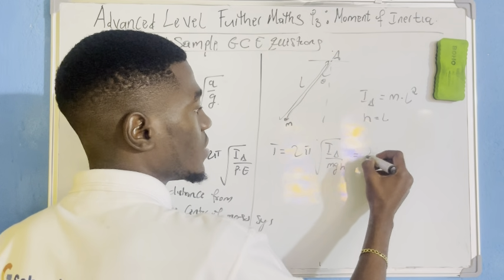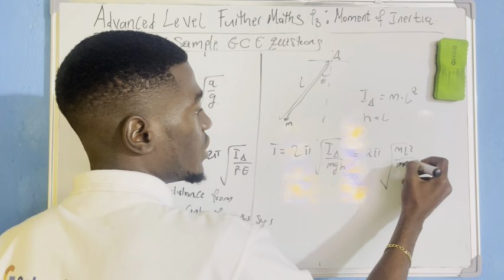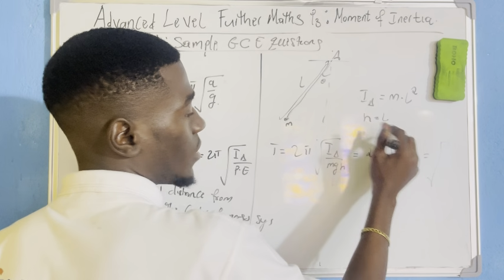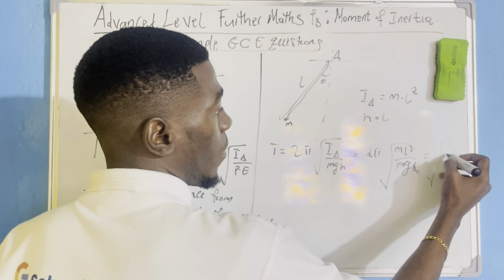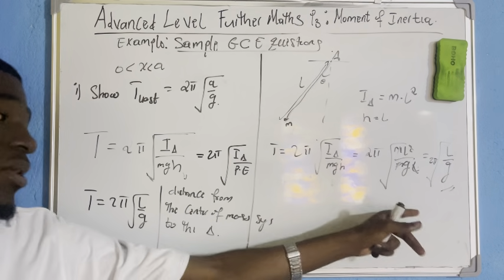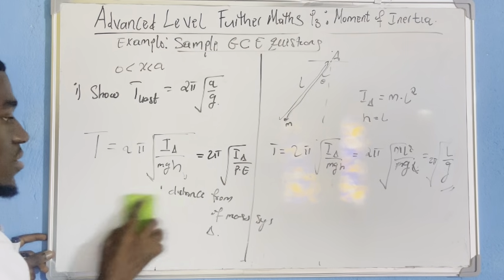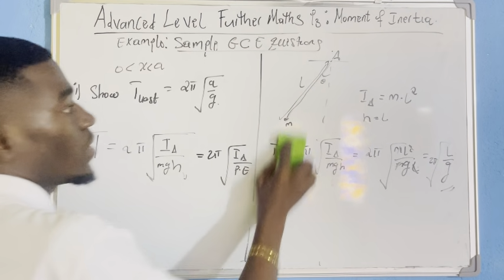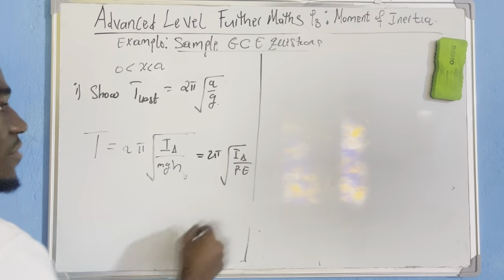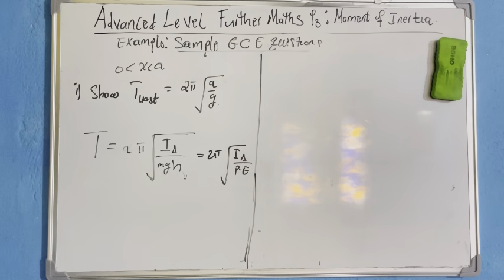L. So while replacing, I'll have 2 pi square root of m L squared all over m g h. Square root, m cancels, h here now is L, I replace, L cancels one time, I'll have what? L all over g, 2 pi. As simple as that. We come back to what you people know. Okay. That was a small recall to show you how I can go from the general formula of period of oscillation of a system to what you know inside the formula booklet.